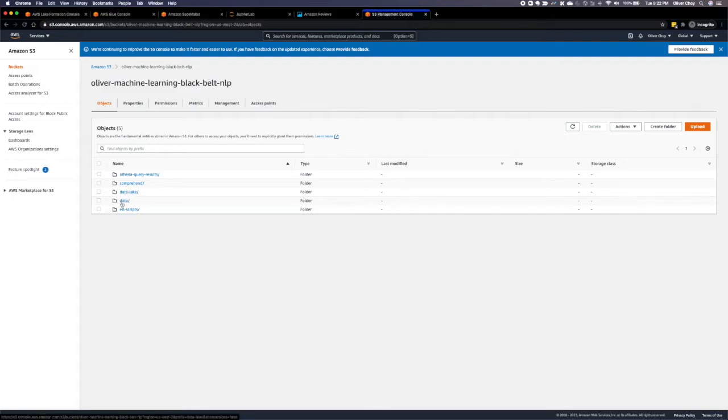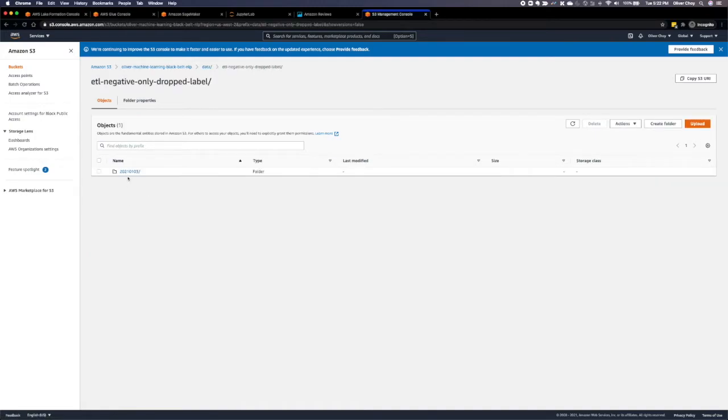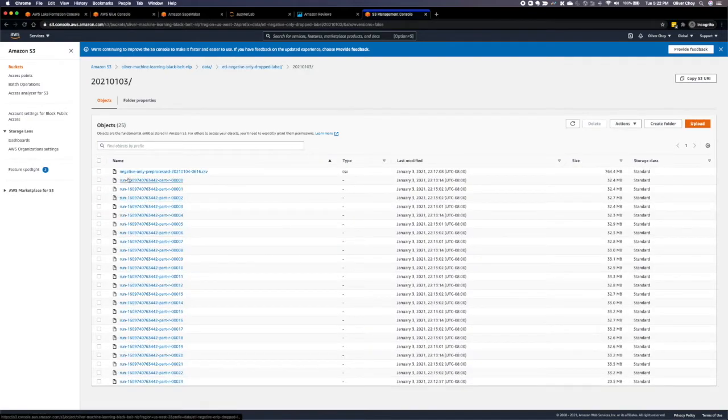And if I go to data, I believe it was under, so there's negative only pre-process the timestamp. Okay, all right. So those are the capabilities from